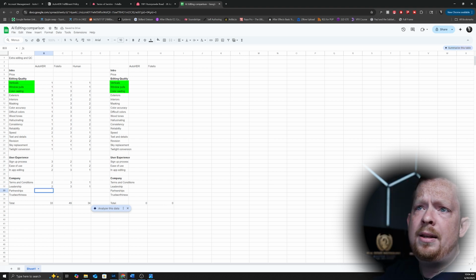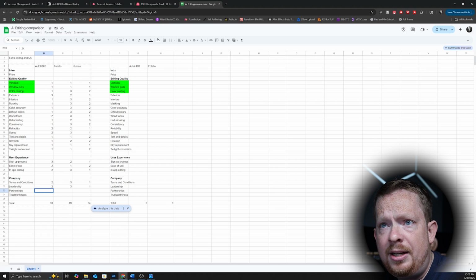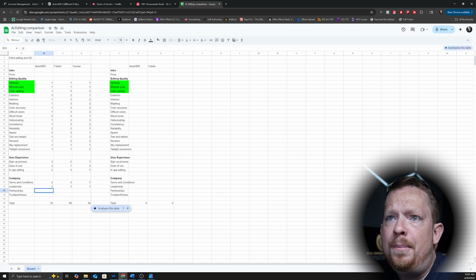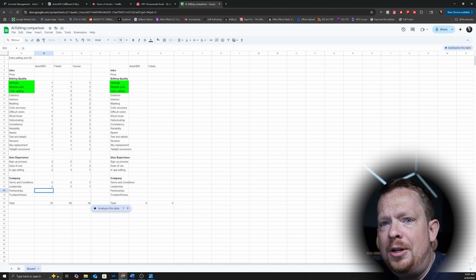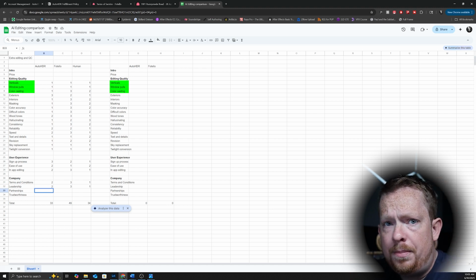Partnerships, I touched on that a little bit, but FOTELLO doesn't have any partnerships. AutoHDR is partnered with a lot of people, and these people are going to promote AutoHDR to the masses, not because it's a quality software and deserves it necessarily. I don't want to say AutoHDR is a bad software, but they're presenting it as, oh, it is so good, when there are definitely better options out there. So the partners are, and this is something I couldn't sleep at night if I was one of these guys, pushing and promoting a product purely because they have a market share and a profit share of some kind